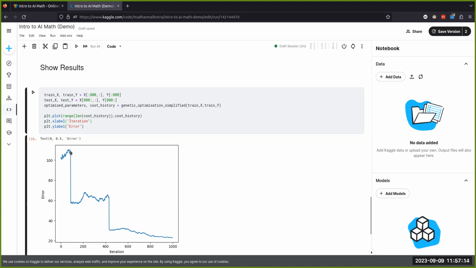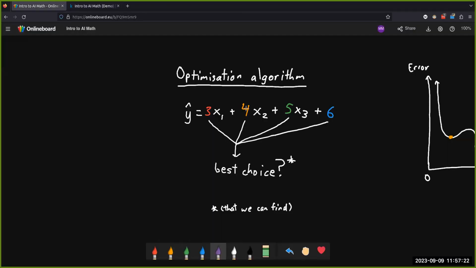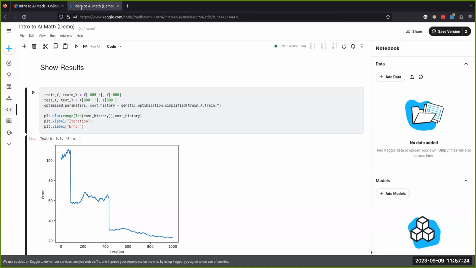But then you can see the AI algorithm picked a set of parameters. It picked some numbers that worked a lot better, and you can see the error fell a lot suddenly. Then again, it started picking random parameter combinations. It picked some bad ones so that the error increased again, but then again, it got lucky. The error suddenly dropped.